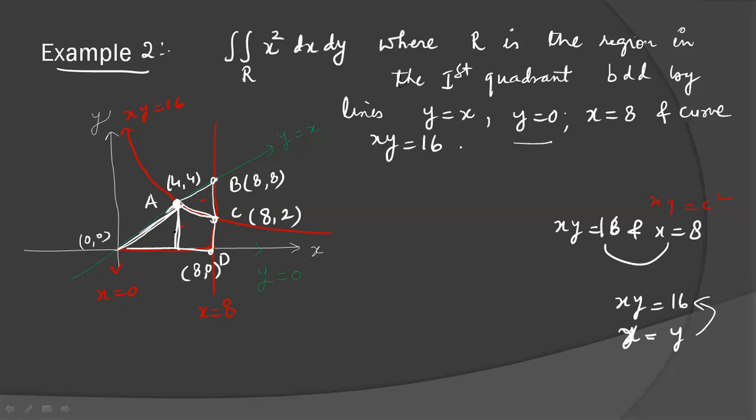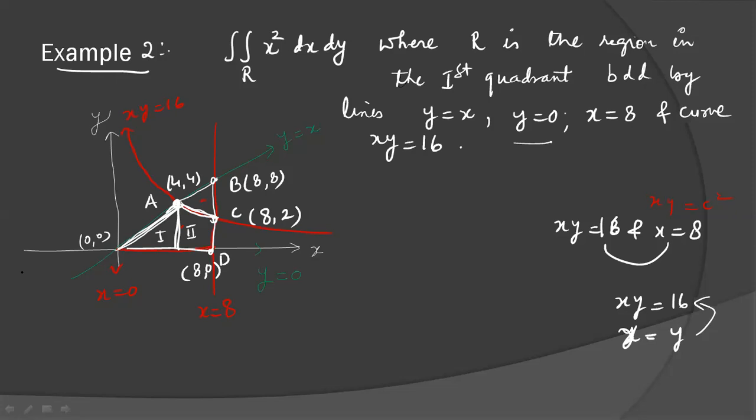Let's see, there are two regions here. This is your first part, this is your second part. You can see that the bounded region's sides are not parallel to the axis. It means the limit will be in variable form. This is the important point. If all sides of the bounded region are parallel to the axes, it means the limits of x and y will be constant. But if the sides of the bounded region are not parallel to the axis, the limit will be in variable form. So now it's up to you which limit you want to take constant.